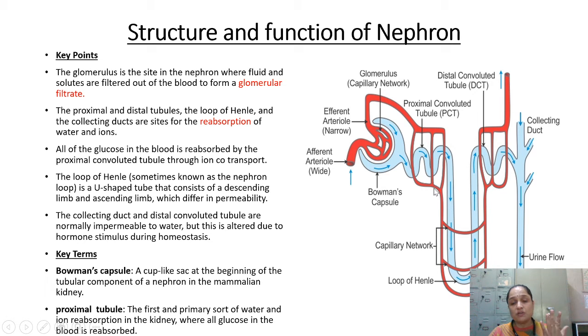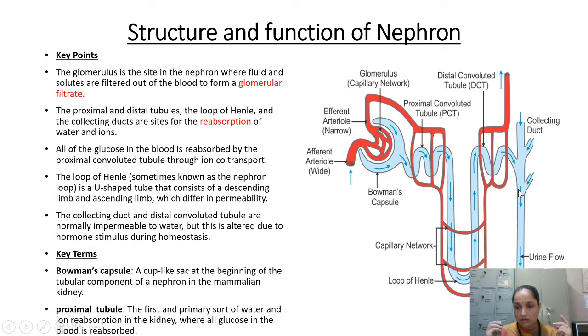But whatever is the waste product, the nitrogenous waste product, it is not going to be taken back into the blood vessels because it needs to be excreted out, like urea, water, okay, and some of the salts. They need to be expelled out, so they are not going to be reabsorbed. So the second process is reabsorption, and whatever remains in the DCT, that is the distal convoluted tubule, needs to be poured into the collecting duct, and all the collecting ducts are going to open into the ureter. So the process in which these tubes secrete the excretory product outside the body is known as tubular secretion.